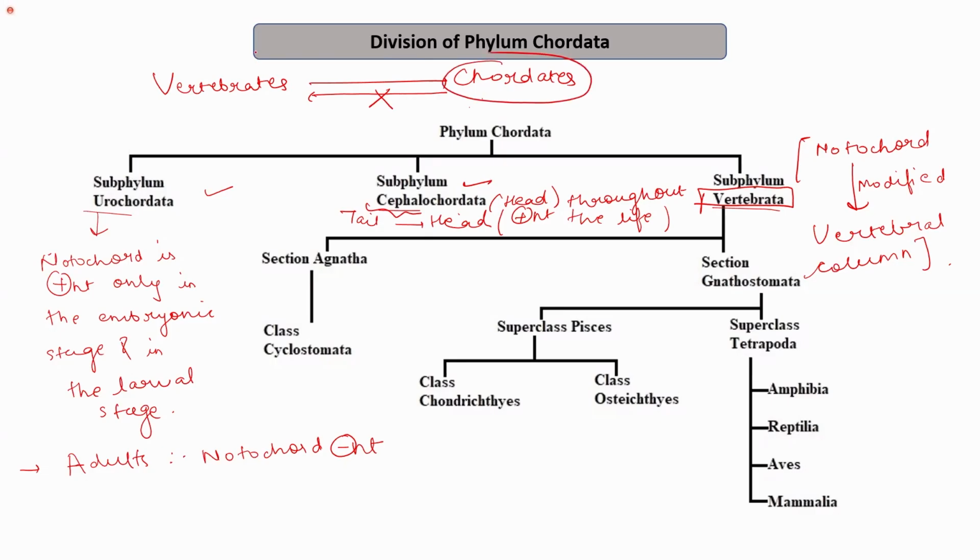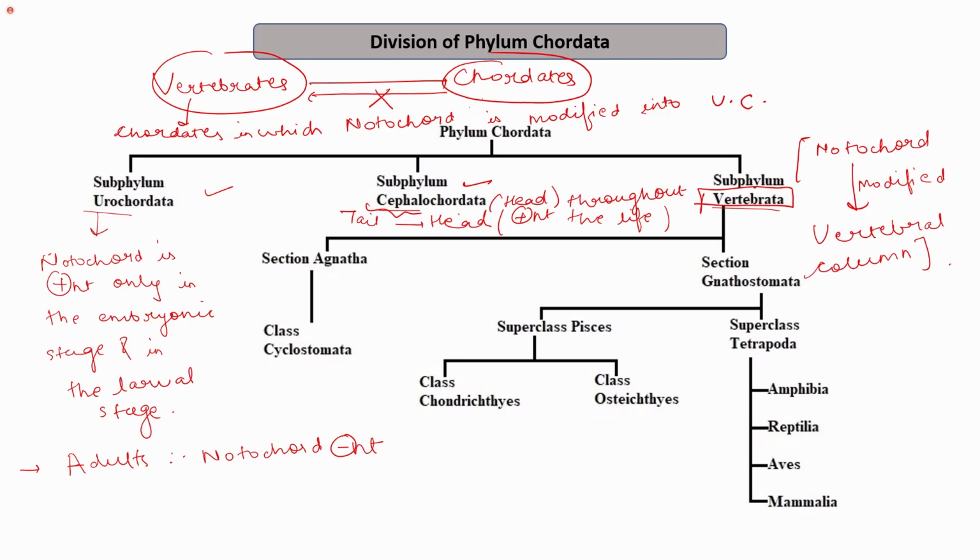Vertebrates are the chordates in which the notochord, which is a rod-like structure, is modified into the vertebral column, right? Only the chordates in which the notochord is modified into the vertebral column are referred